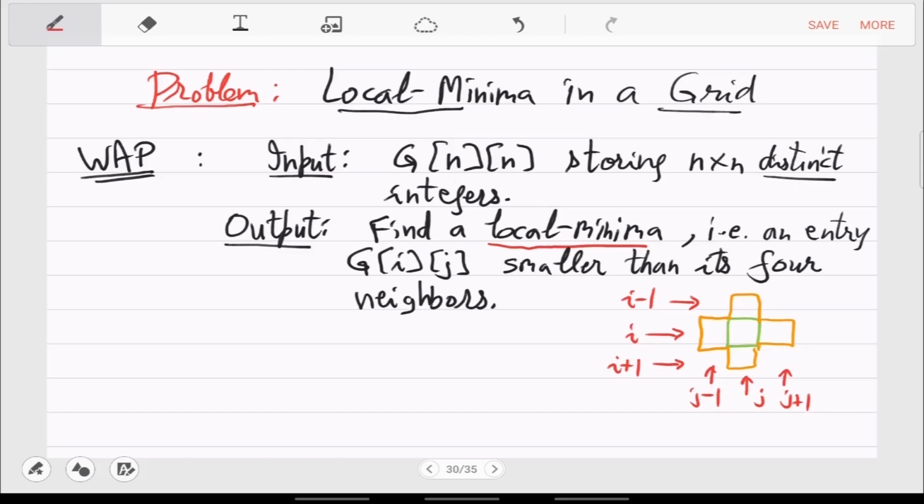Whatever it is, the invariant or the property that we want in the output is that the green cell value should be less than whatever neighbors are available. What is the question? This is about the elements that are in the corner. The other 4 we are ignoring. We are not looking at 8. The neighbors are defined by a common edge, not by a common vertex.